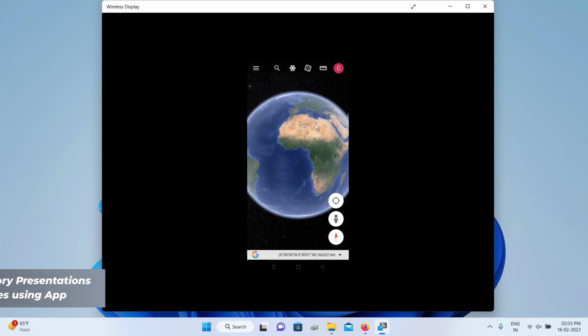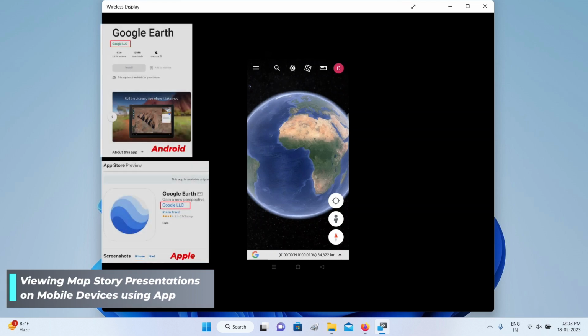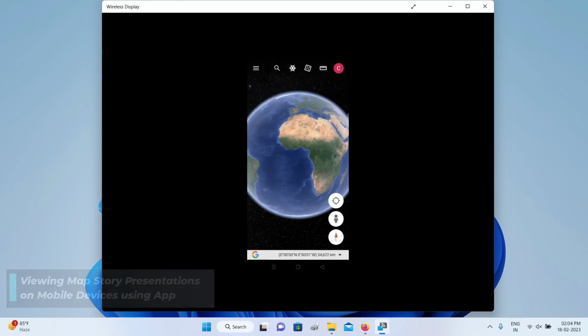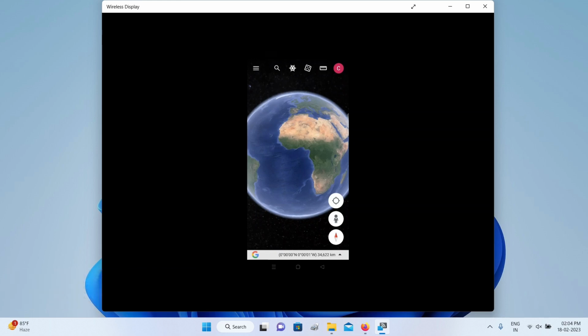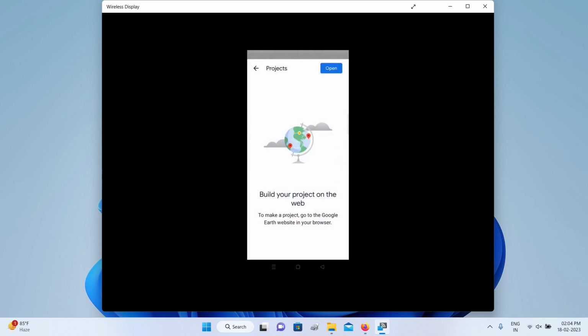So I just wanted to point out one other interesting thing. If you download the Google Earth app on your mobile phone, Android or Apple, you can then share this project like I showed you before, and you can open that project on your mobile phone. So once you have downloaded your app and installed it, you can just simply start it. What you are seeing on the screen is the Google Earth app on a mobile phone. Then you can just simply come here and click on the hamburger icon and then go to projects and then